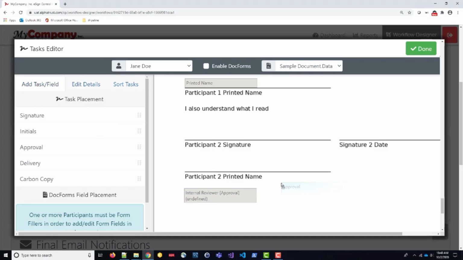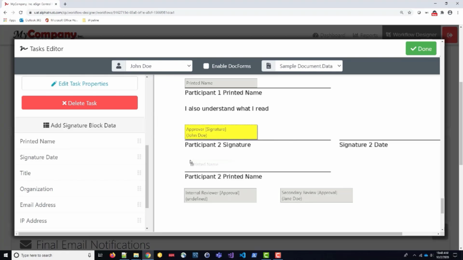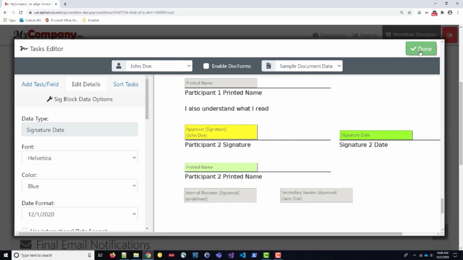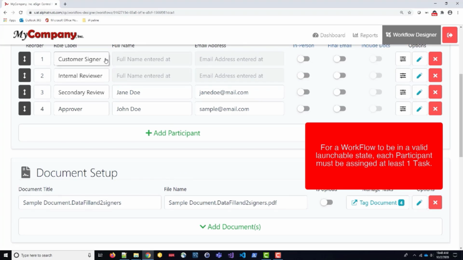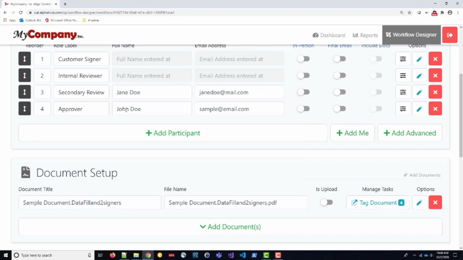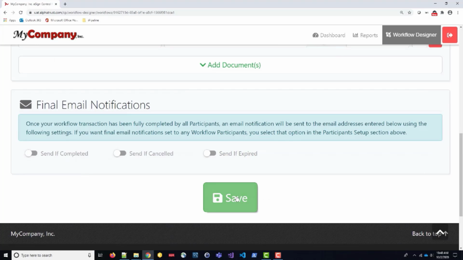Jane Doe will also have an approval task. John Doe is going to be my secondary signer with a printed name and a signing date. So I have assigned a task to each of my 4 participants. My customer will sign, then my internal reviewer will review the document. When they have approved, it will go to Jane Doe for a secondary review, and then it will go to John Doe for signature. When I've completed all 4 parts, I save my workflow so that I can use it,